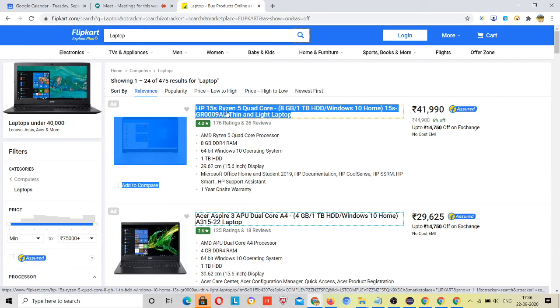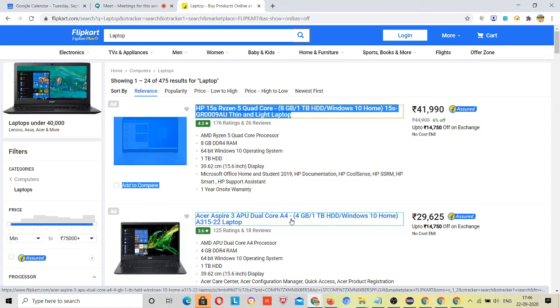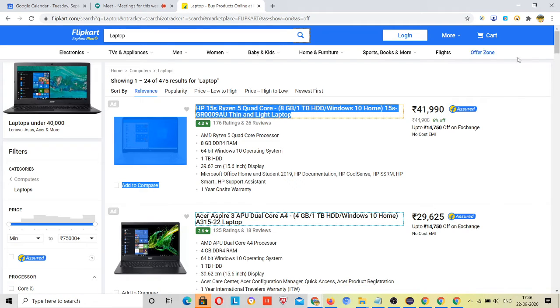I hope SP15S quad core, and this is the model of the laptop. We are getting this whole text. If you want to trim or cut this text, use the Java trim and split methods to do that. You have to define that the model is printed before this hyphen, so you have to trim the text before the hyphen, right? Then you can get your model.